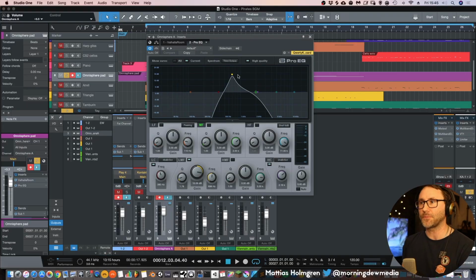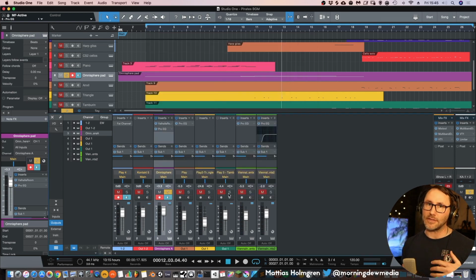Then we have this EQ with a resonating peak at around 550 Hz, 600 Hz something. And we also have it in bandpass mode. So this will give this a very narrow field. This also places this sound a little bit more in the background. So let's listen with these plugins. So that way we push this ostinato pad a little bit more in the background.